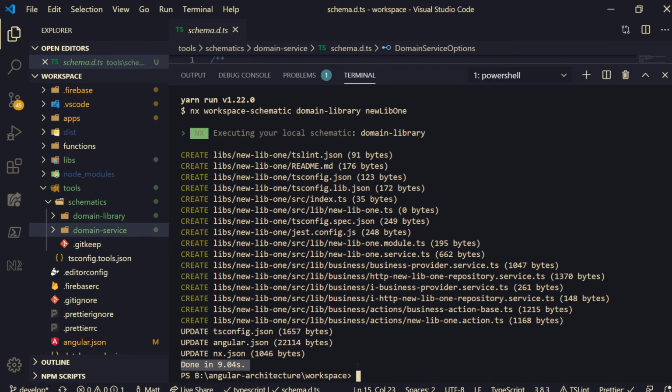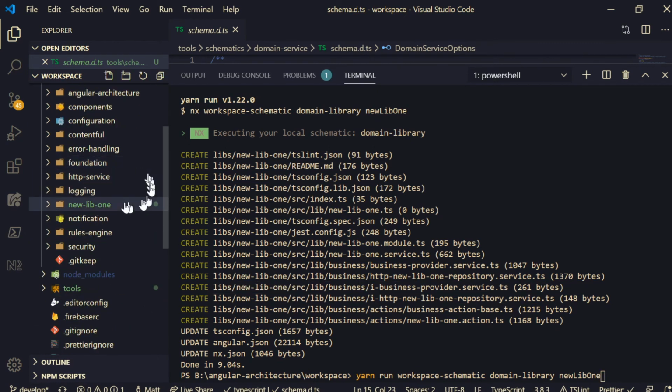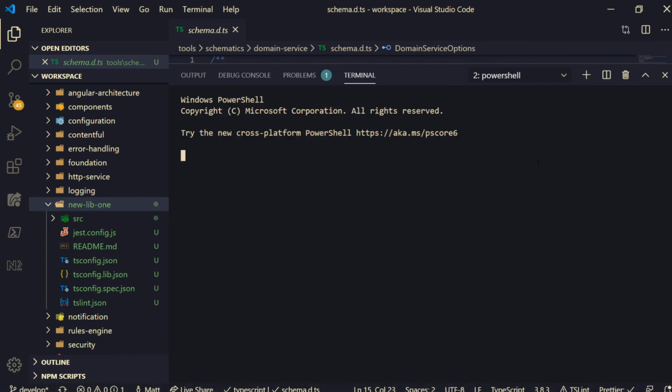So did we do a... we actually ran this without a dry run. So really now, if we go to our libs folder, we should have a new library with all this code, and it's ready to go, right? Should be ready to go. We should be able to build it. So I don't know, let's do ng build -s project equals